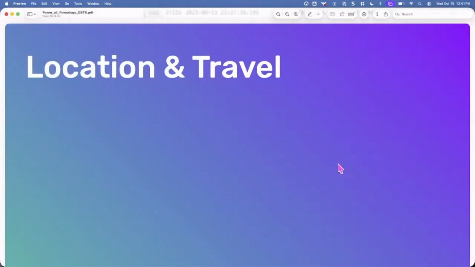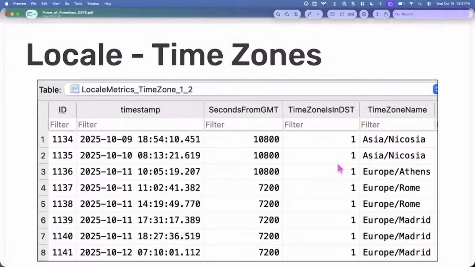All right, a little bit about locale here. What we can't get in the Powerlogs is true location. That's Routined. I love that database. It's amazing, super creepy, one of my favorites. But with Powerlogs, they are still going to try to capture where a person was at a point in time. There are actually a couple of tables that keep track of the time zone. This is me traveling from Cyprus over to Italy. We flew from Napoli over to Madrid, because that's where we got diverted to because of the floods in Ibiza, unfortunately. So you can see the structure there as well.